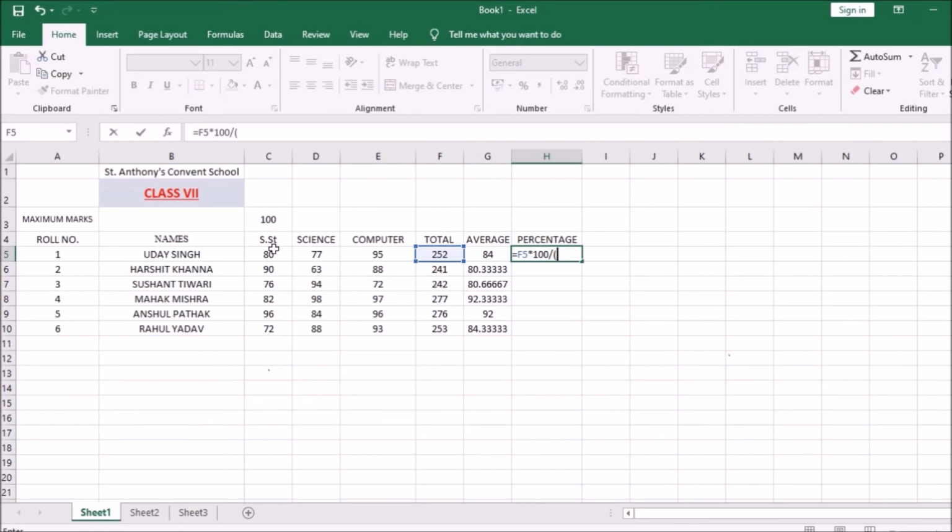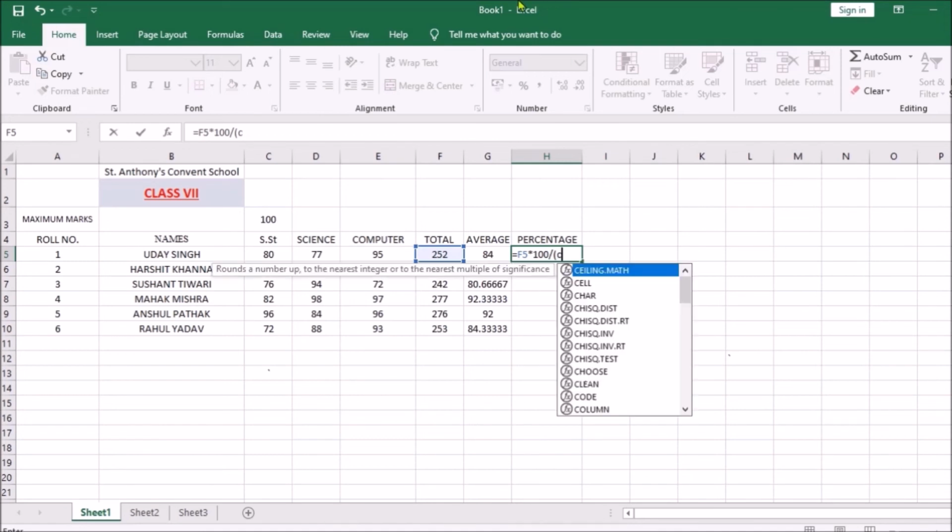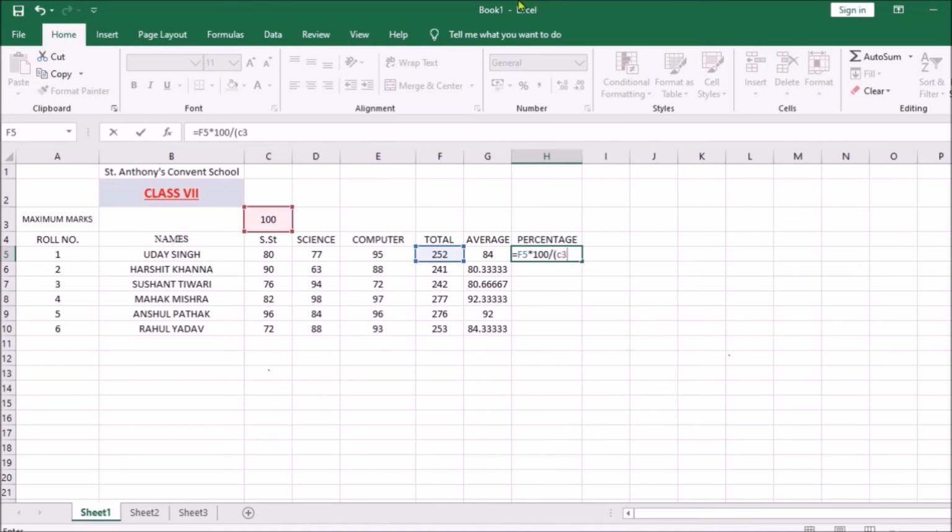You know the maximum mark of one subject is 100, and this has the cell address C3. So C3. Now there are a total of three subjects. C3, the asterisk sign is multiplication, C3 into 3, and close the bracket. Now this is the percentage. Now when you copy and paste it,